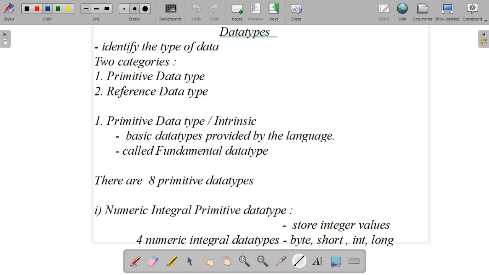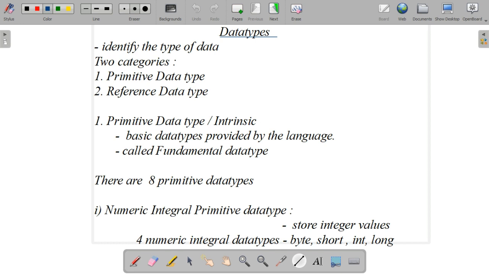Yes. So what is a data type? A data type is to identify the type of data and the associated operations of handling it. That comes under the concept of data types. So there are two categories of data types, and all the languages provide ways and facilities to handle different types of data.